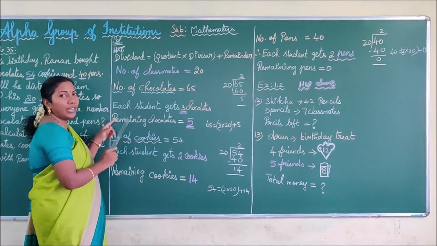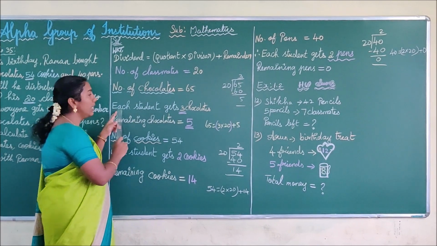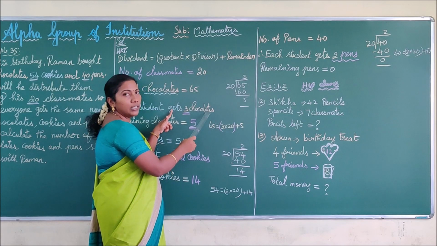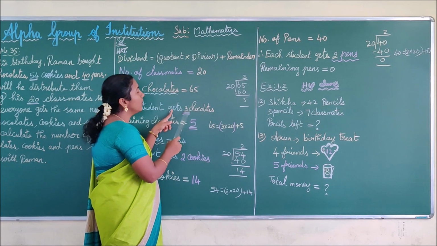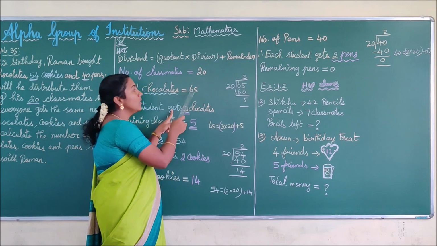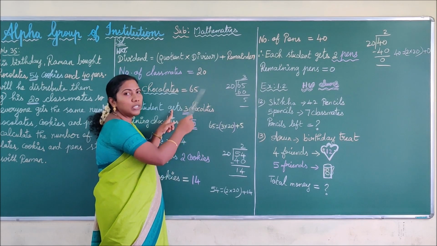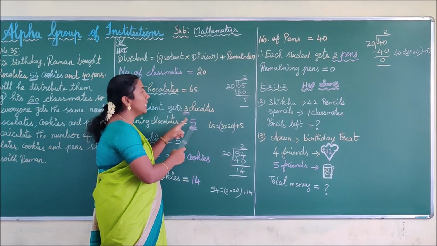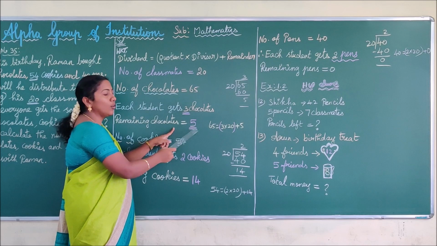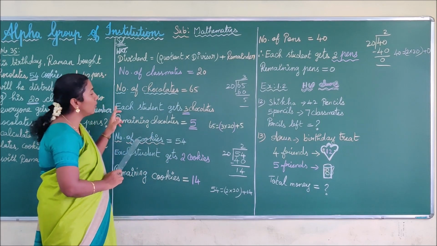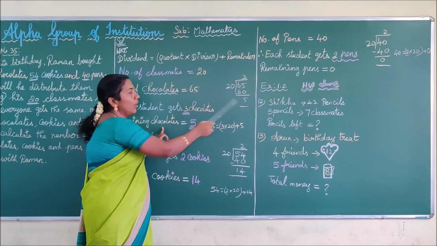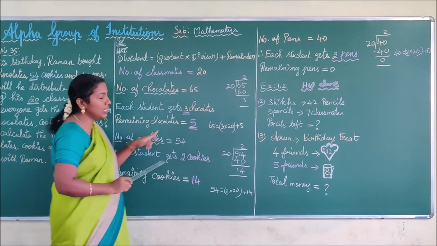Now we are going to write what is the share of each student. Each student will get, you have to write the quotient number, that is 3 chocolates. For 20 students, you are giving 3 chocolates, means 20 into 3, 60 chocolates. Totally you have 65. So subtract 60 from 65. What is the remaining? 5. Thus we write the remainder as the remaining chocolates. Thus remaining chocolates equals 5. So to write each share, you have to write the quotient. For the remaining, you have to write the remainder. Okay, stay children. See the next one.